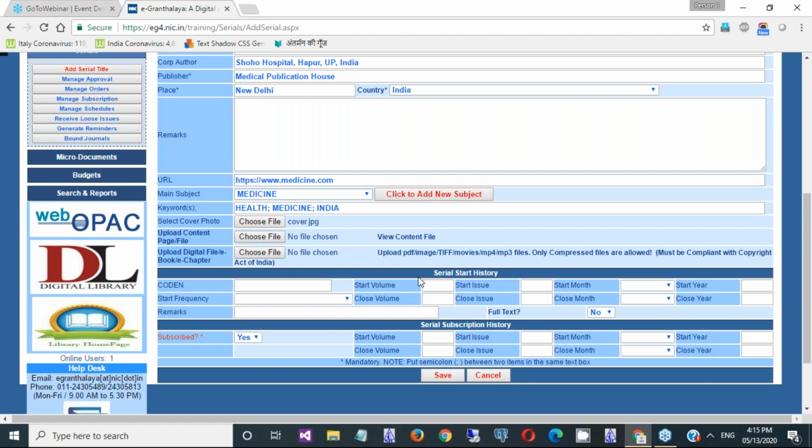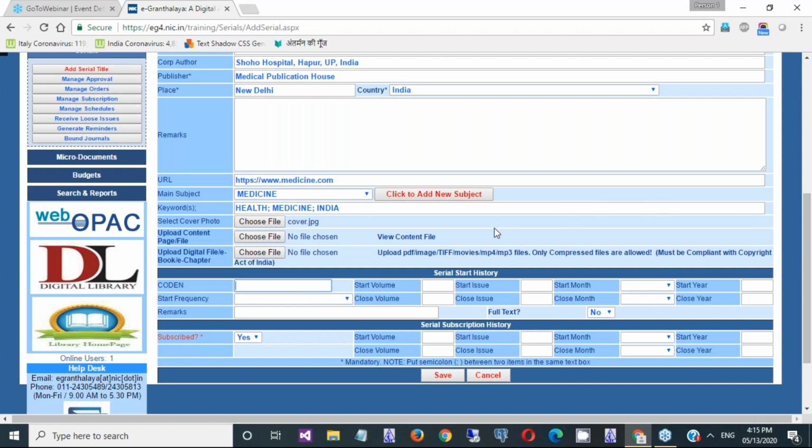Then the serial history part. Generally serial history sometimes may not be available on the journals. Basically, Ulrich's Directory of Periodicals is a standard tool in the world where you can find the history of all the magazines and journals. Coden, like the ISSN number, is there. Many times coden is also there.